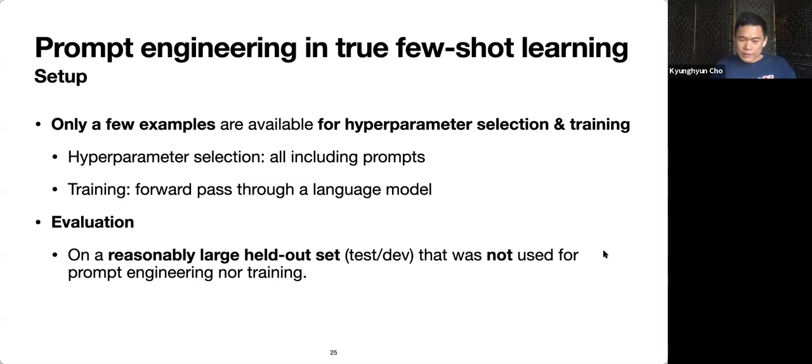And for evaluation, we test how well this model does on a reasonably large held out set that was not used at all for any kind of hyperparameter selection, including prompt engineering, nor training. So we really try to make sure that this is truly a few-shot learning setup. And for evaluation, we not only look at the mean or the average accuracy, but also the variance across the different subsets of the training set and so on.